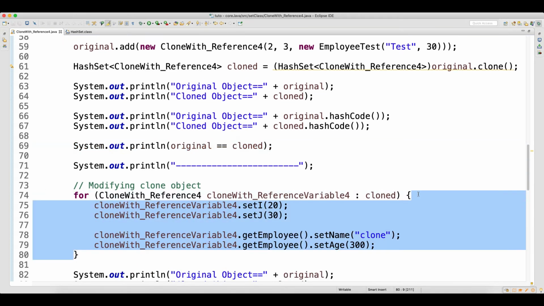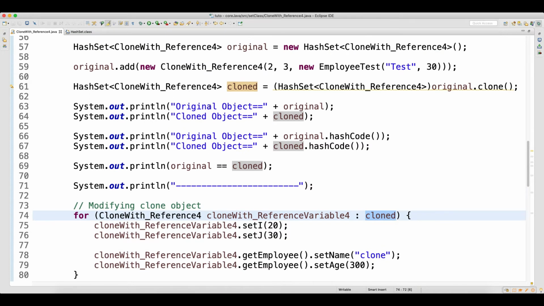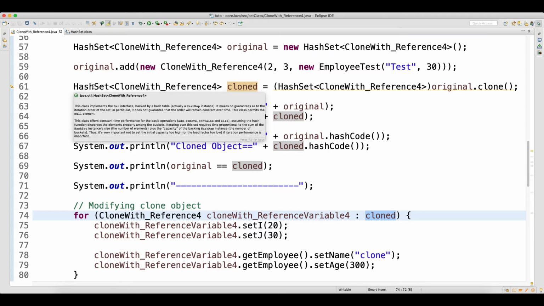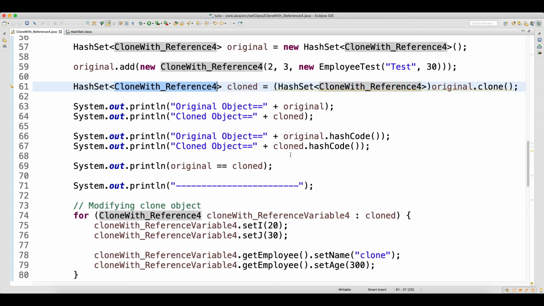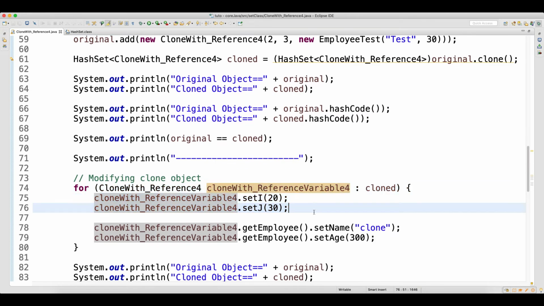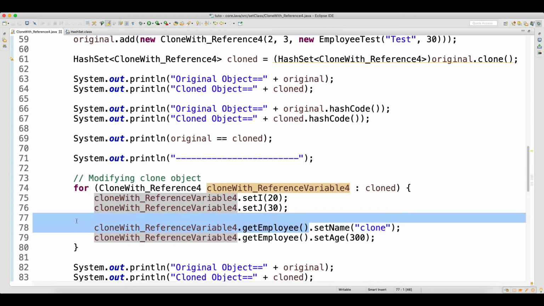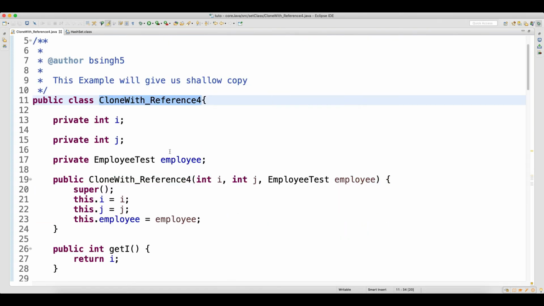We are running a for each loop on the cloned object, and when we run a for each loop, we get the records from the hash set one by one. And what record have we added? We have added a custom type. Now we will get a record like this, and from this record we have the ID, and then we have something called get employee also, because if you go to this custom object, you have the ID and then you have an employee.